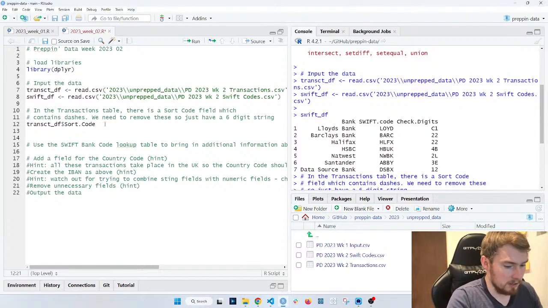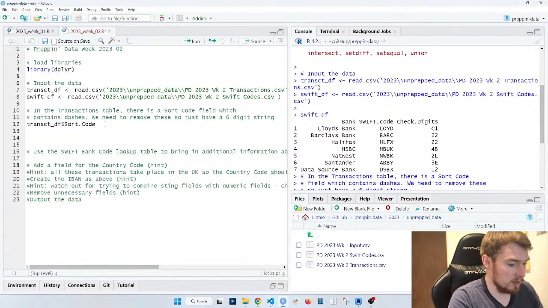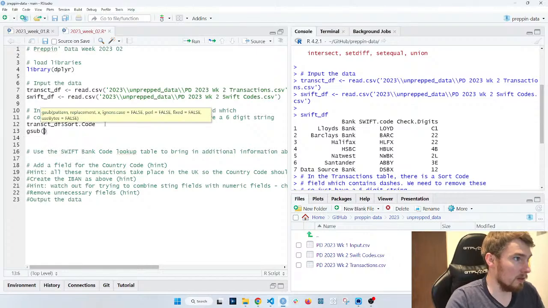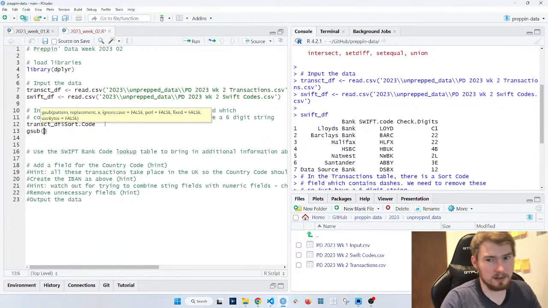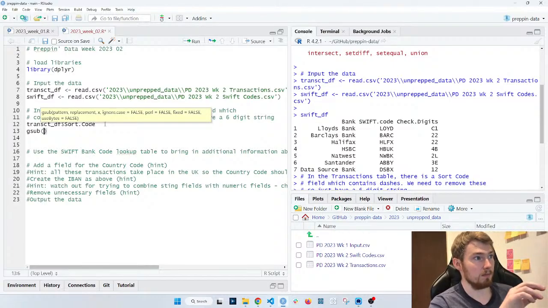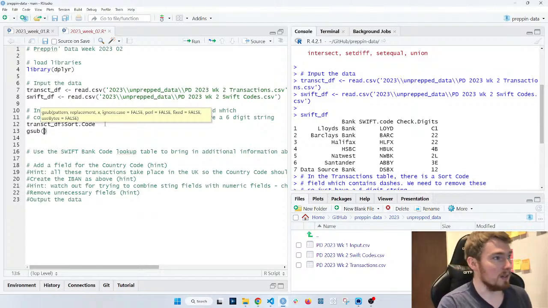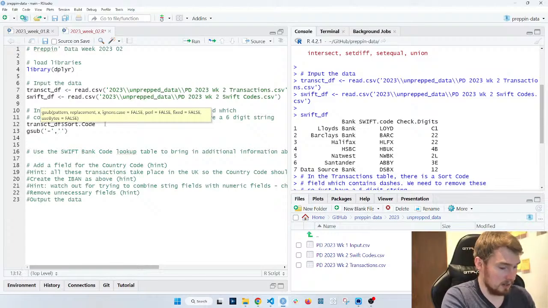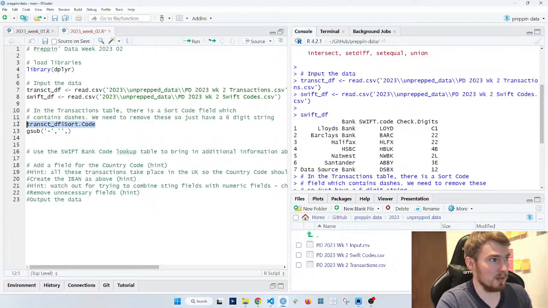What I can do is use a function called gsub. So we've got to find the pattern. It's quite helpful in this case, as it gives me instructions on what to do, because sometimes these get mixed up. I have the pattern, which is going to be the dash, the replacement, which is going to be nothing, and then x is what you apply the function on, in this case sort code.